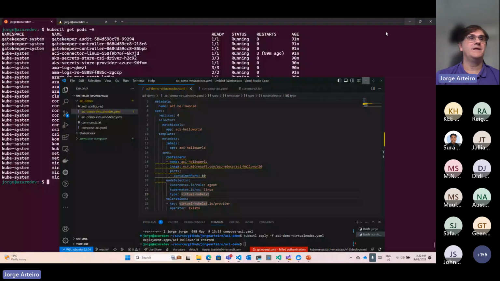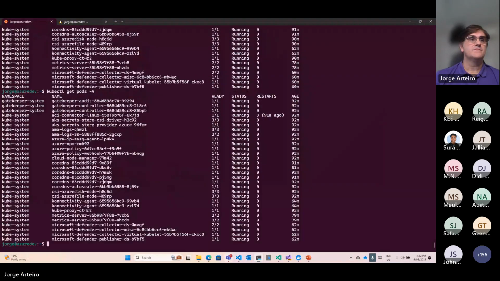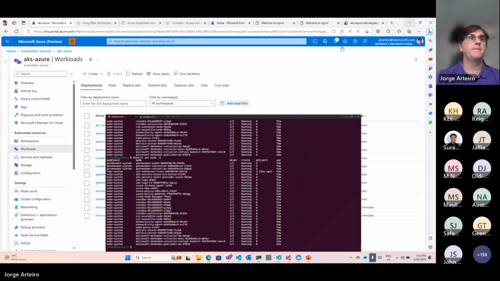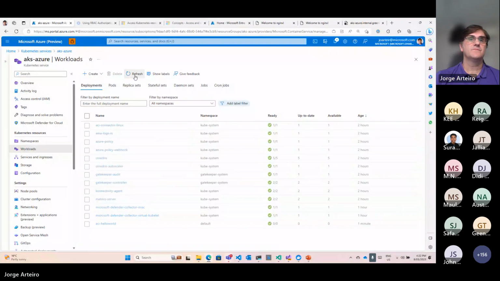And then if I go on my cluster, let's see if it's in there. It's not running. Let's go on the workloads. It's an ACI hello one.